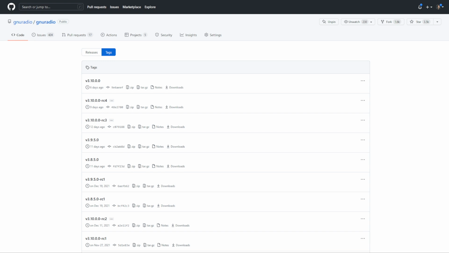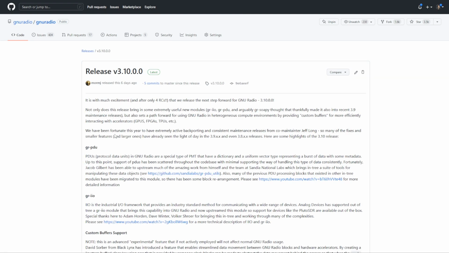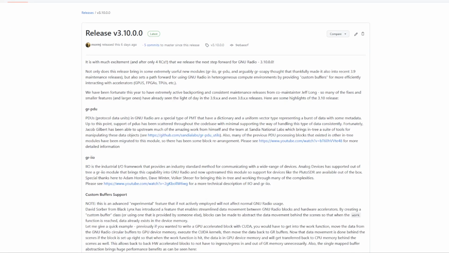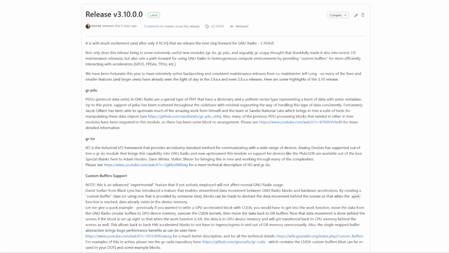And 3.10, this has been a year in the making, has some new modules, grpdu, griio, also has a reworking of the logging framework, which gets rid of log4cpp, brings in spdlog. Thanks to Marcus there, and the other big features are custom buffers, so better integration with hardware accelerators, so that you'll really see some performance improvement if you're working with GPUs or FPGAs.